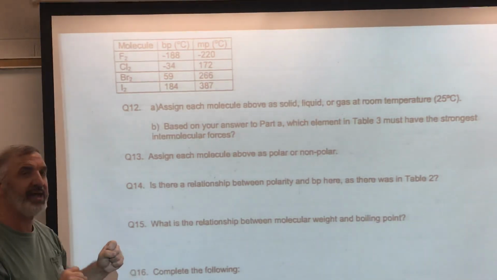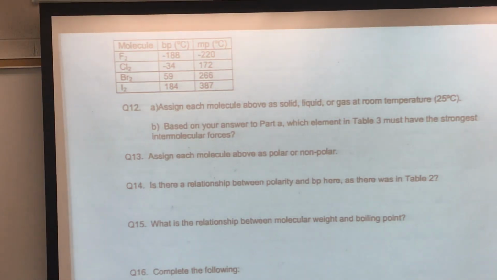In years past, they've been asking where you have something like CH3Cl, which is going to be polar, compared to something like C8H18, which is nonpolar. But if you were to compare the boiling points of these, this is going to have a higher boiling point than this one. Because it's so much bigger, the London forces here are greater than the London forces and dipole-dipole attractions here.